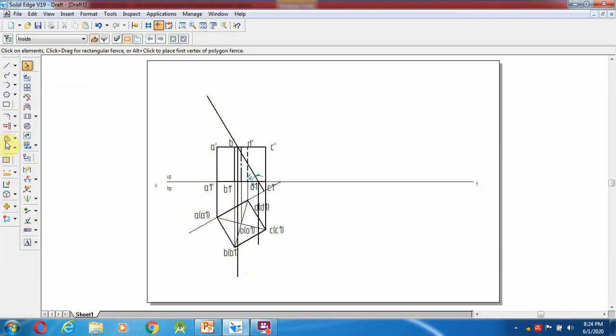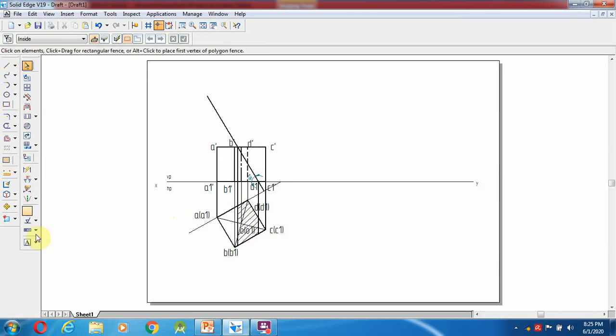Go here, trim it, trim this one. Now wherever these things become enclosed, you are going to make the hatching. Go for here, that option is called fill. In between those I am going to make the hatching over here. After doing the hatching, you start to give names for the edges.